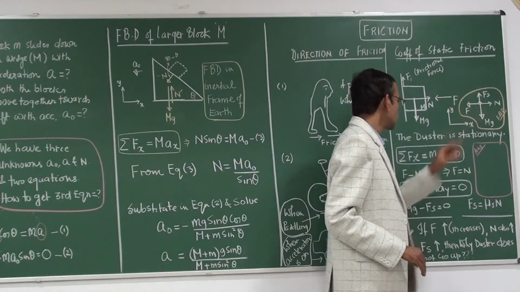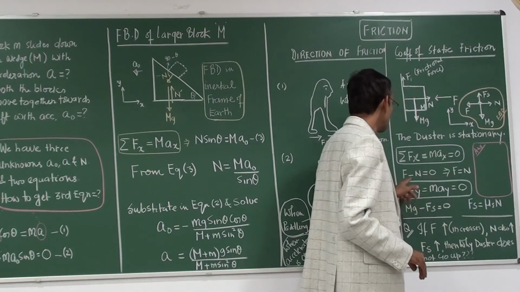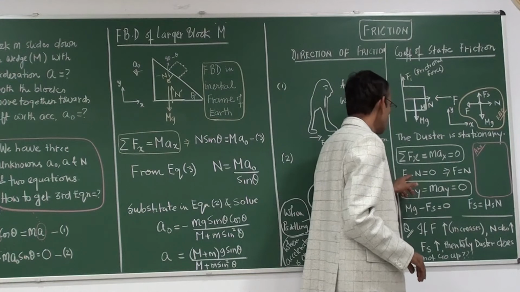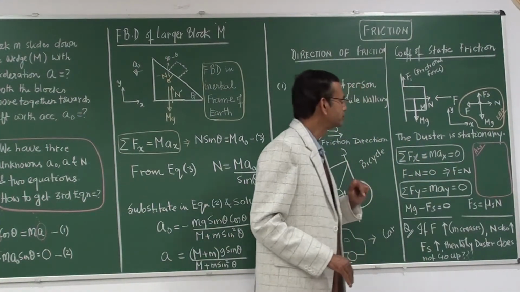Obviously, F is equal to M, that is what we have done. Sigma Fx is equal to Max is equal to 0. So net force actually is 0 because acceleration is 0. So F is equal to N. Okay. Now,